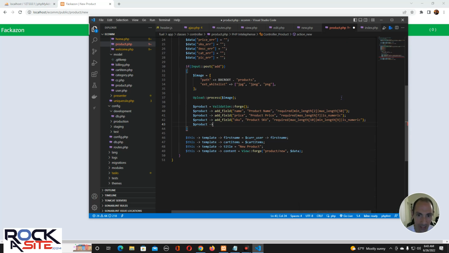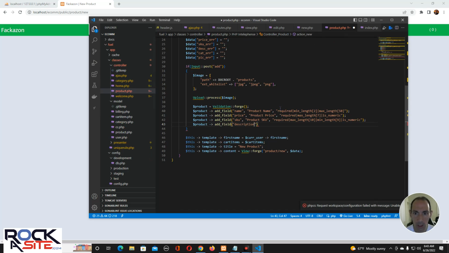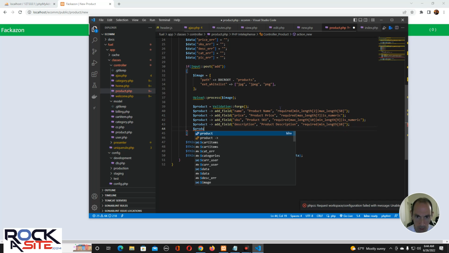I can't with this. Add field description. I think I called it description. Yeah, I called it description. And that is going to be product description. And we are going to require that. And we'll make a min length of 10. And then product add